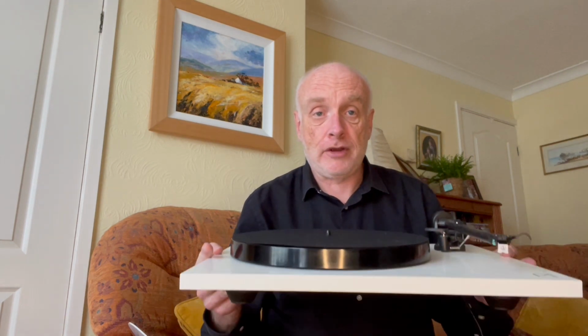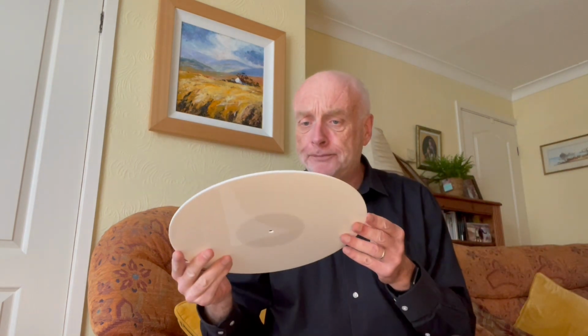One of the great joys of having a turntable is the ability to tweak it, sometimes for the good, sometimes not for the good. So here I've got my Planar 1, and I bought myself one of these, which is an acrylic platter mat. I got this second hand, and the chap who sold it to me didn't say what company made it, but given there's no obvious name on it, I can't prove that, so I think it's best to keep it quiet. So the idea is you replace the felt mat that comes with your Planar 1 or 2 or 3 or whatever with one of these,